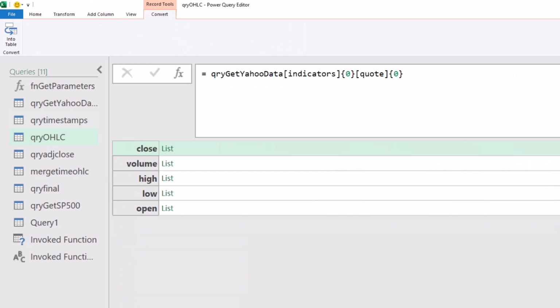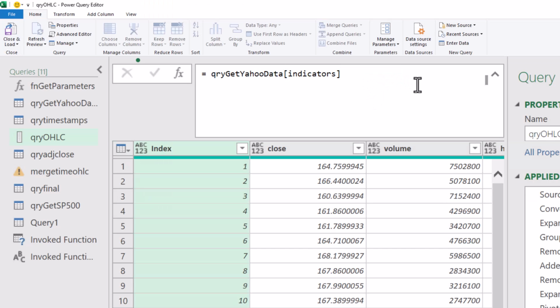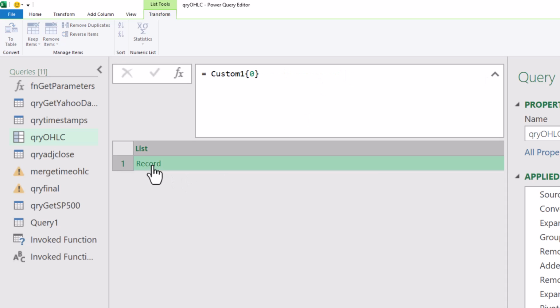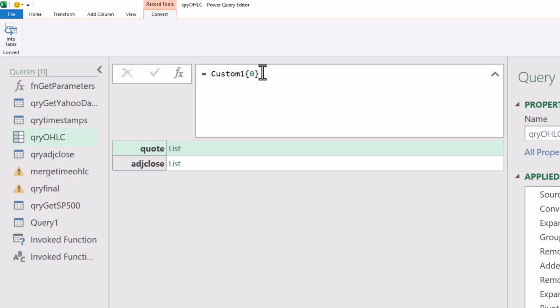I have the source, and again, I'm using the same technique. Call that query up here. This time, drill into indicators. Take the first one you get to here, and then get the quote column, and then 0. Let's go to indicators, and that gives you this record. Then I want to drill into the record, because each record now is a list. So if you click in here now, you can see it breaks into 2 parts. I notice the 0 here, right? So when I do that part,